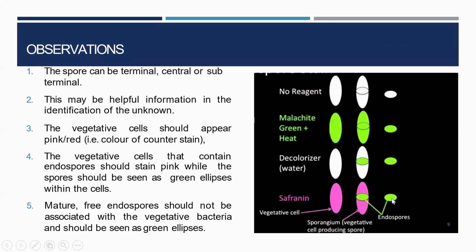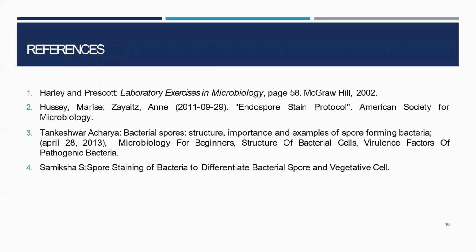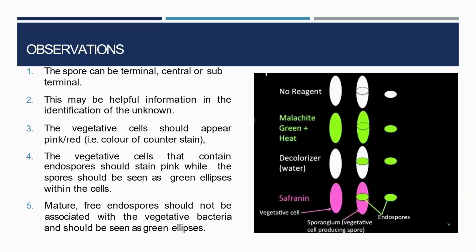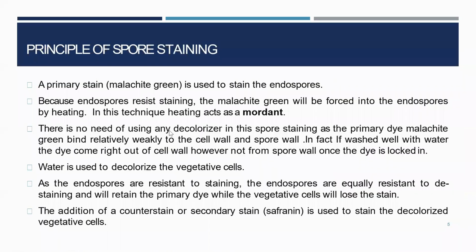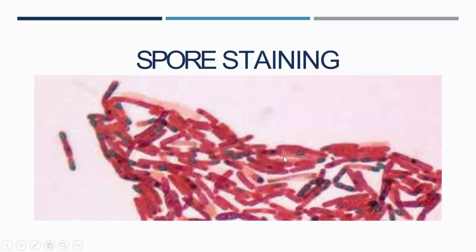We can observe if this green color structure is present within the cell or in the smear, we can say that the bacteria are able to form the endospore. And if it is not present, then we can say that the bacteria cannot form the endospore. In this smear, you can see in this slide, there are the red color cells and green color endospores. Are you getting it? So these are the green color endospores and red color cells. So this was